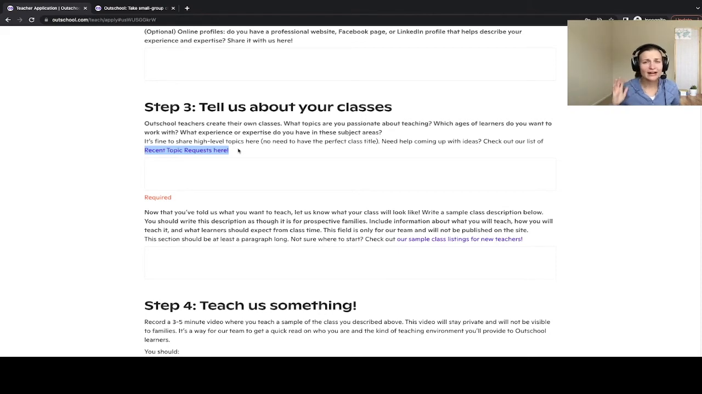So if you're kind of at a loss and you're like, I have lots of different passions, I'm not really sure what I want to teach, then definitely take a look at that recent topic request, because if you can fill a need and a gap that Outschool has, it's going to be really valuable and it's going to make your application stand out. Once you have talked about the different classes that you think you would like to teach on the platform, next,